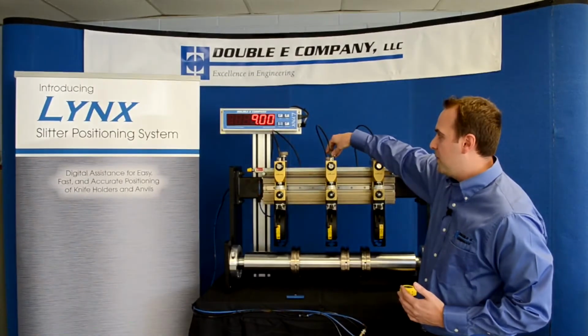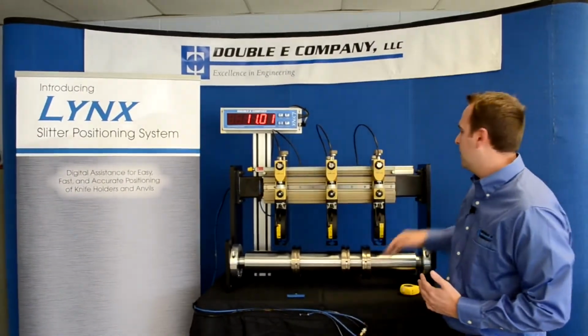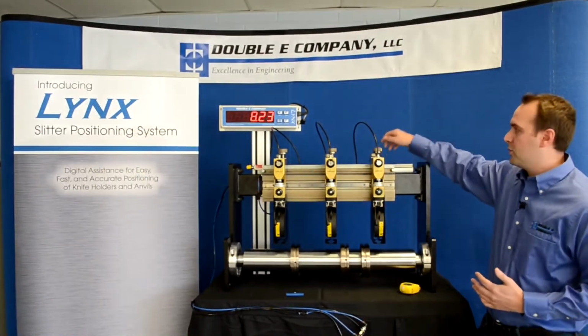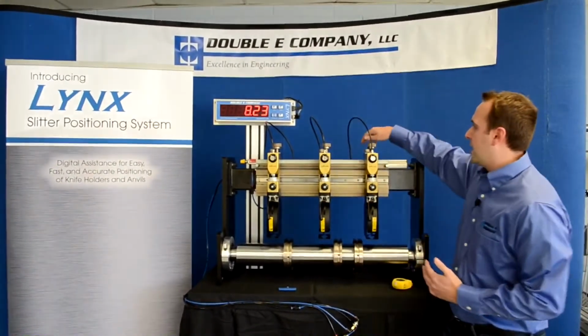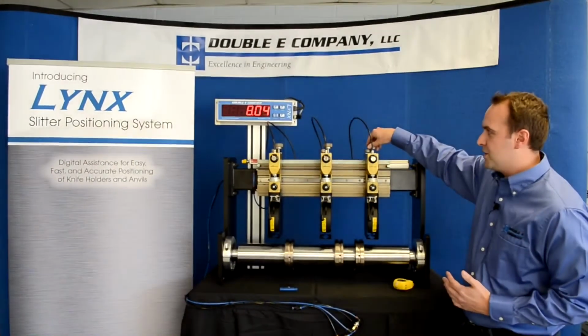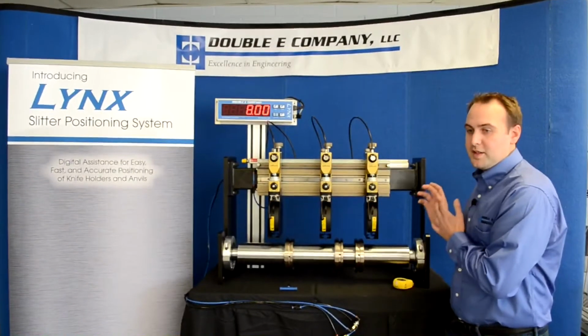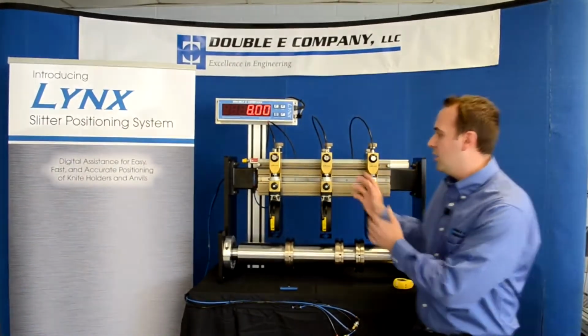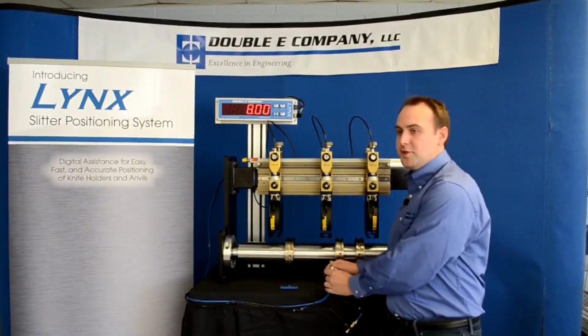And making the third group is just as easy: disengaging holder number 1 to come back to holder number 3, I am now reading between holders 2 and 3. And I can set this to, say, 8 inches and go down, so on and so forth, down the entire line. Once all your holders are positioned to where they are, you can lock them in place using our bladder